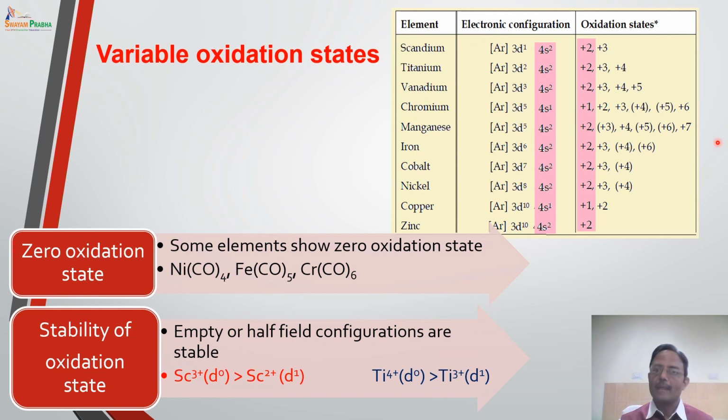Let us compare the stability of the oxidation states. Scandium is showing +2 and +3 oxidation states. Now which is more stable among them? In scandium +3 there is a d0 configuration, because the +3 oxidation state is formed by loss of 4s and 3d electrons, and the +3 oxidation state will have argon electronic configuration, which is the noble gas configuration. Similarly, titanium 4+ and titanium 3+. Titanium 4+ will be more stable because all the electrons from 4s and 3d are lost now and it gets the noble gas configuration.